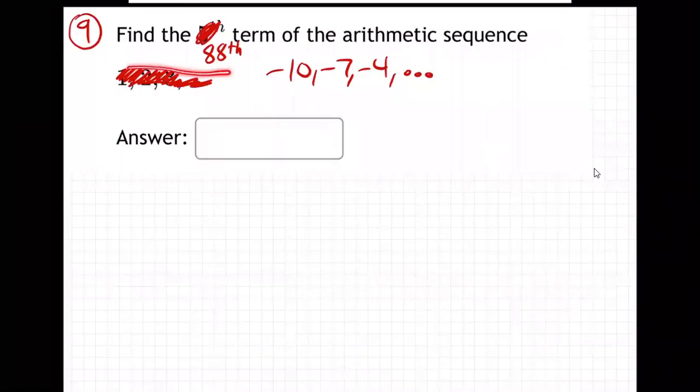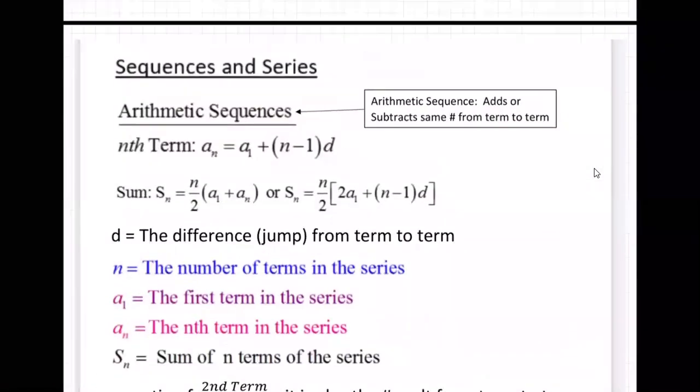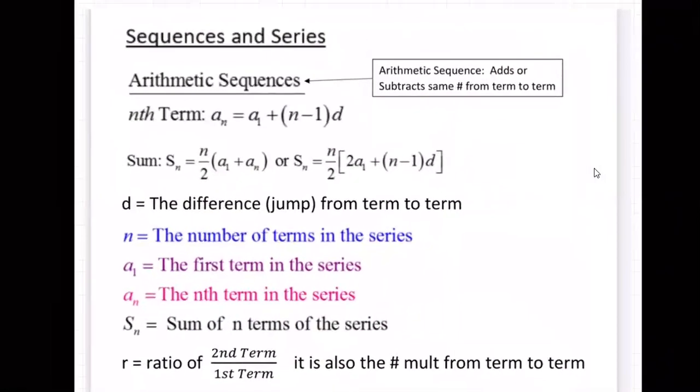Okay, on this problem, we're finding the 88th term of the arithmetic sequence -10, -7, -4, etc. Okay, so how do we do that? Well, if we look at the notes, right here, here's the exam 5 notes on sequences and series, so arithmetic sequences. It says right here